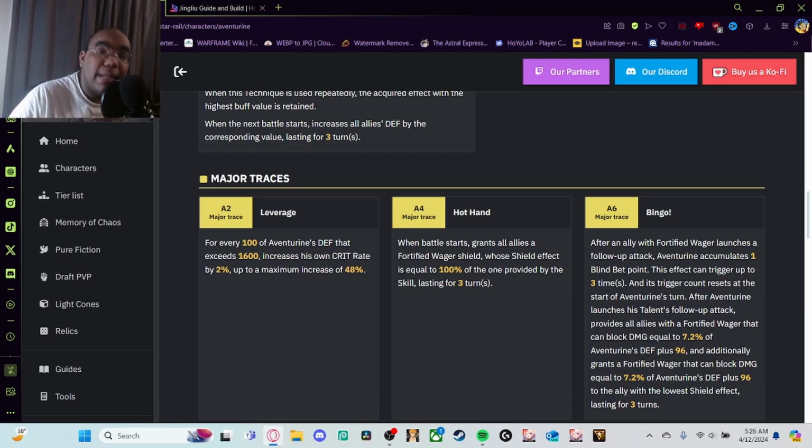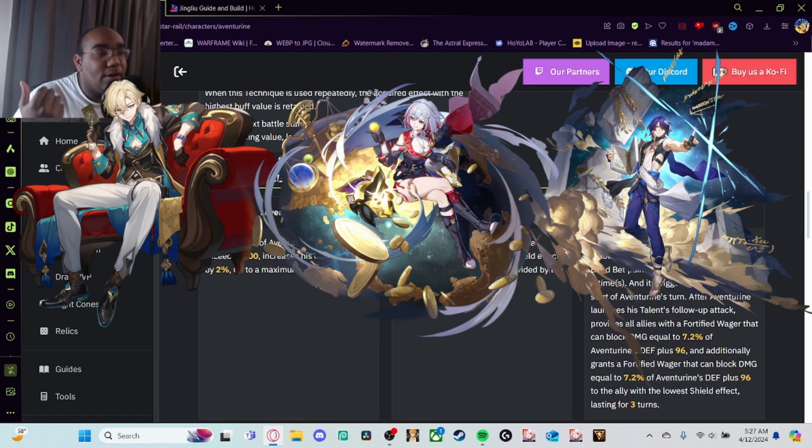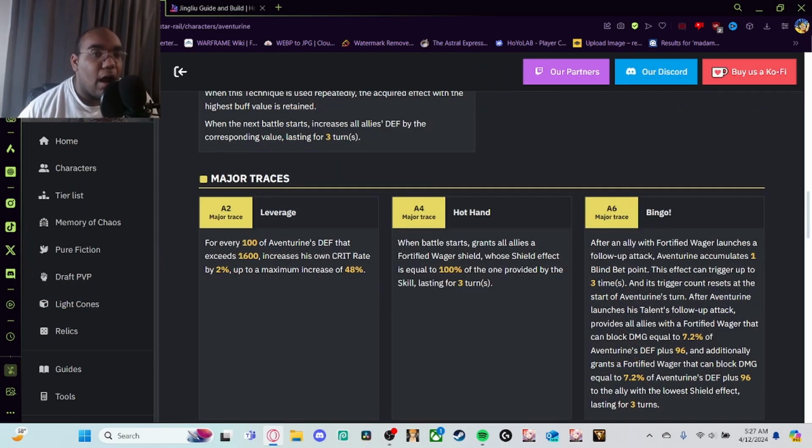So you can run him in any team, but he ideally wants to be run with characters that can launch follow-up attacks. So his ideal team is Dr. Ratio, Topaz, basically the 2 characters who are follow-up attack characters. Or he can be run with Clara, but ideally you run him with those 2, as not only will their follow-up attacks build up his fortified wager and allow him to use his talent, but also, for instance, in Topaz's